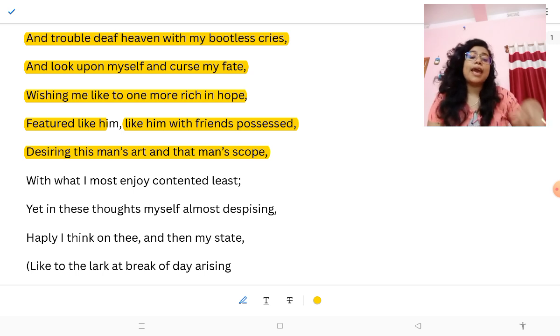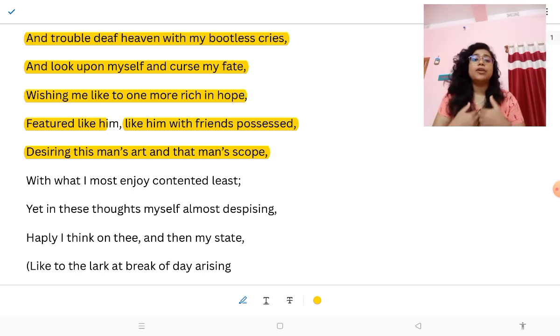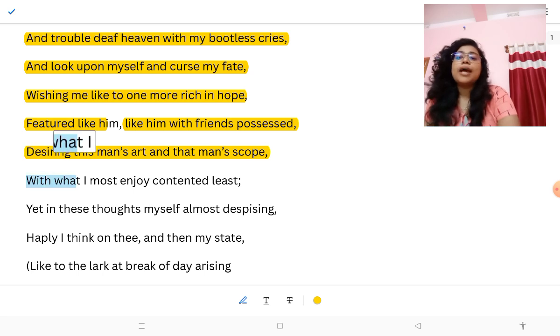And he said that they have more scope, and we also say sometimes that this person is there because he had more scope than I do, I don't have social contact, I don't have good contact with others, therefore I don't have the scope like him. So he said that these men have more scope, I don't have the opportunities in my life, I don't have the art skill, the dramatic skill, or any skill in me, therefore I am in deep distress with what I most enjoy,